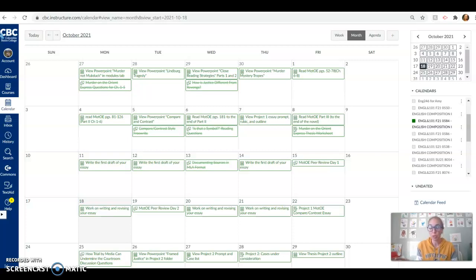When we get into Project 2, and we'll talk about this in the coming weeks, the timeline on Project 2 is much, much faster. It's a very abbreviated process. So I'm trying to show you different ways to approach essay writing. The process base is kind of like the ideal, where you give yourself time to think about your writing, to think about your process, to think about your revisions, and you really have time to unpack all that. Project 2 is going to be much more fast-paced because in most situations where you're asked to write an essay, you won't have 4 weeks to do it. You will have just like this much time to do it.